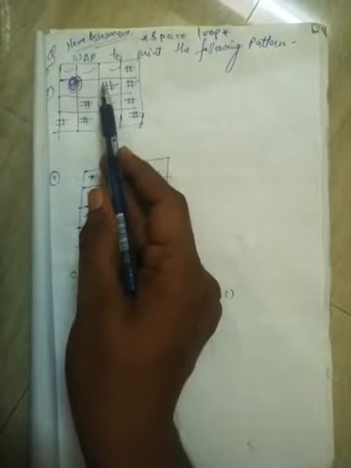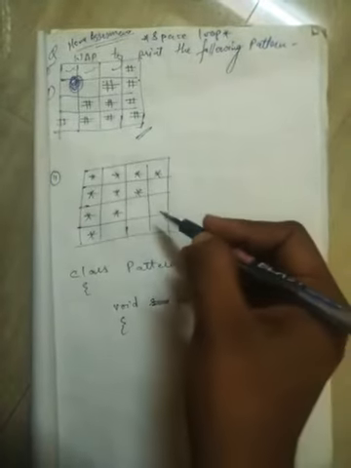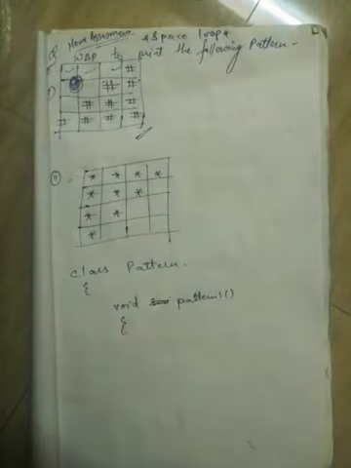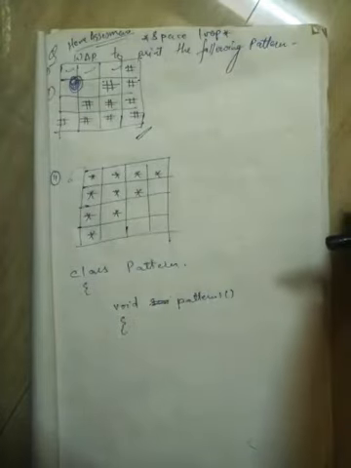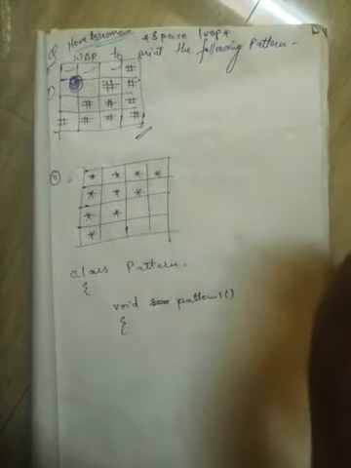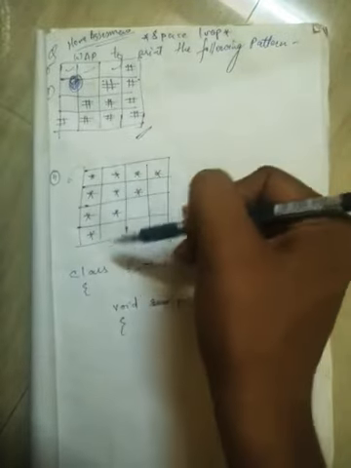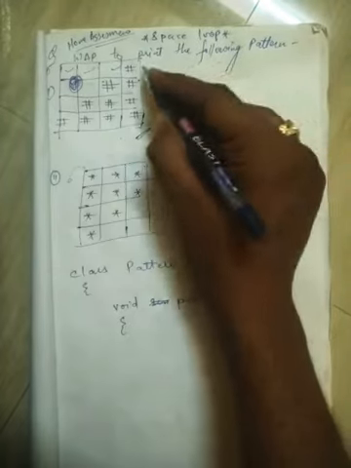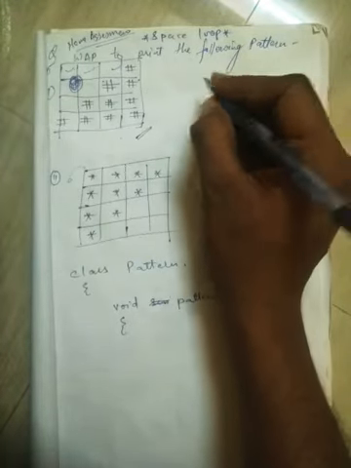When there are spaces in front of the pattern, then only we have to make this space loop. When there are no spaces in front of the pattern, then you don't have to make this space loop. So in question number 2 we don't have to make a space loop, whereas in question number 1 we need to make the space loop also. It means there will be only one table. So first of all we'll try to make the table for question 1.